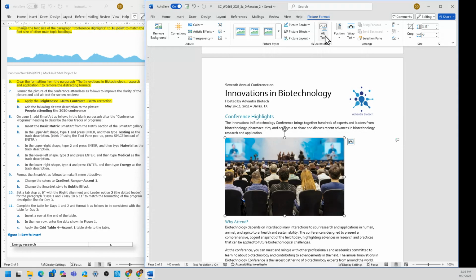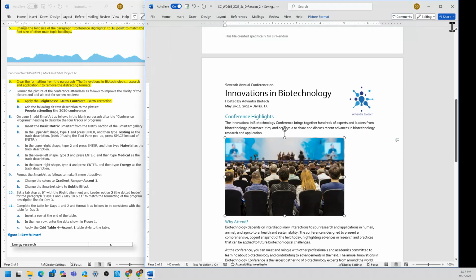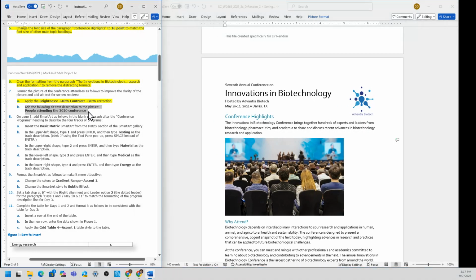And this is the alt text. Select the alt text ribbon. Then I need to type people attending the 2020 conference. So once that's done, just select X. Okay, so that's done.